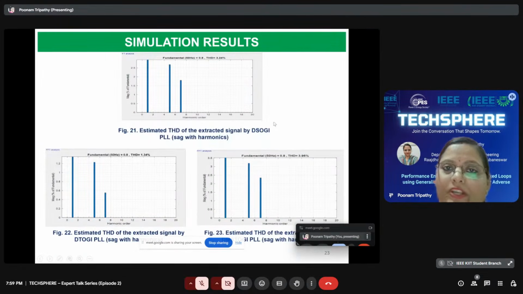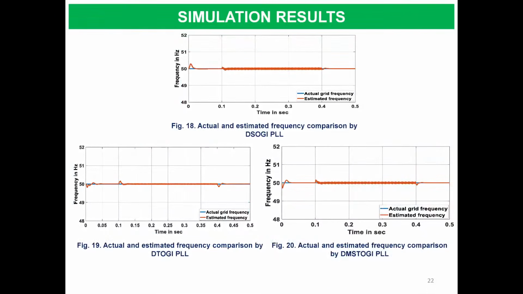So these simulation responses show the amount of THD content in the output signals of each PLL. The total amount of harmonic content in the output signal is analyzed with the help of FFT analysis, which is the fast Fourier transform, which determines that all of them have a THD content which is well within the IEEE standard, that is less than or equal to